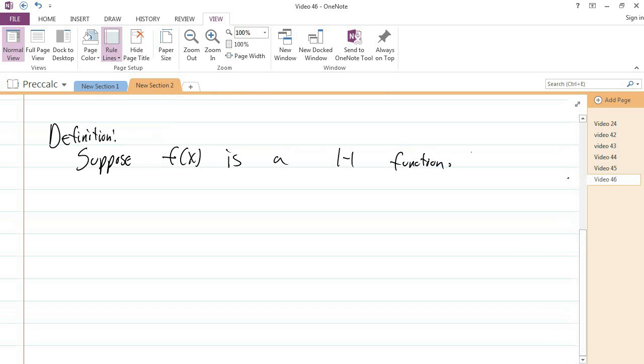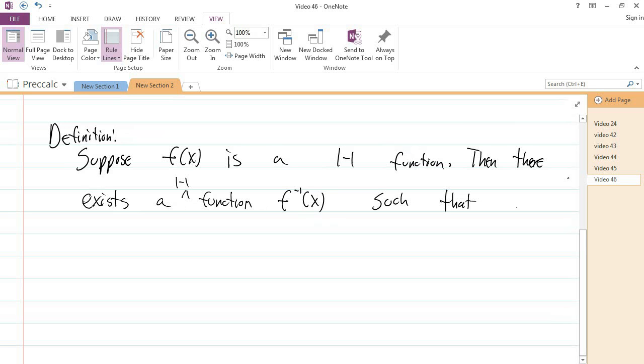Then there exists a function, and it's actually a one-to-one function, called f inverse of x, such that if x comma y is a pairing in f, then y comma x is a pairing